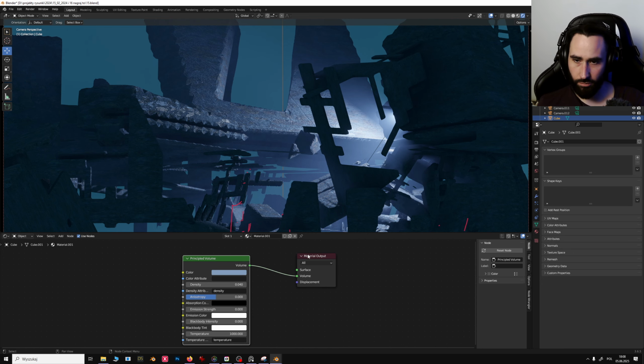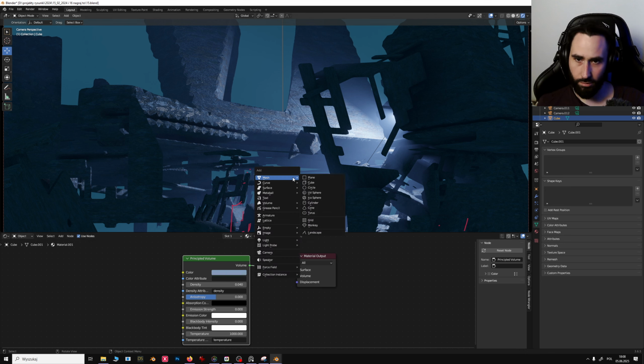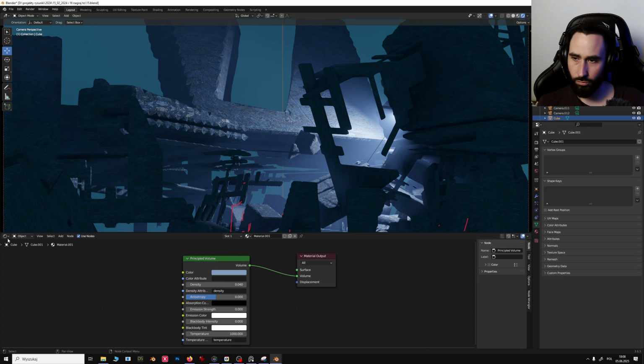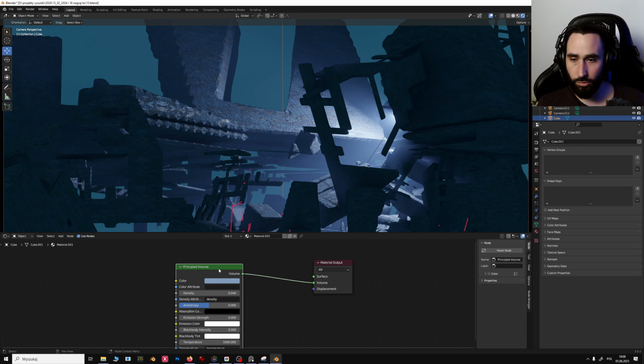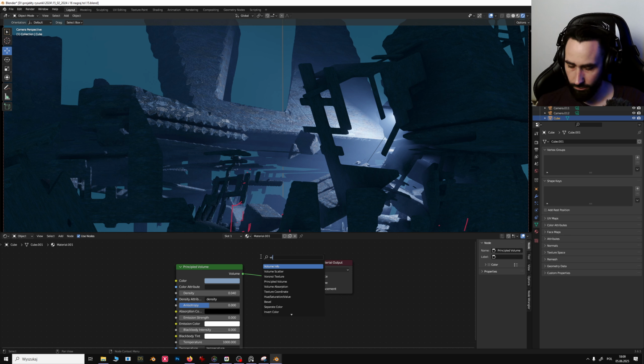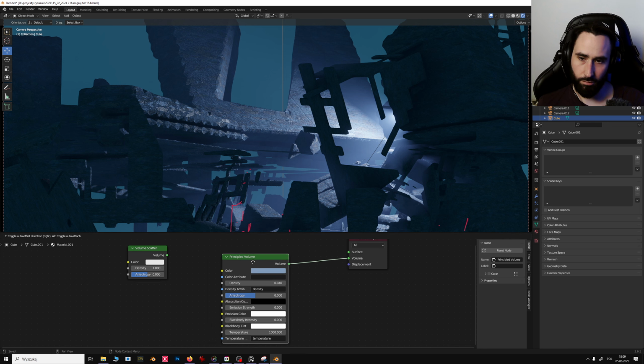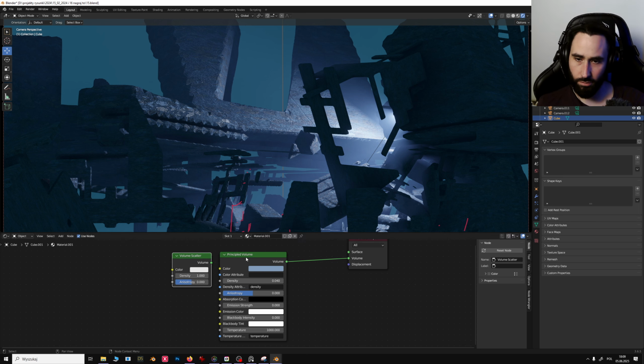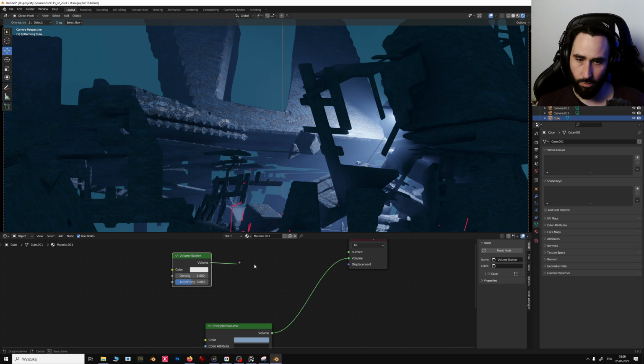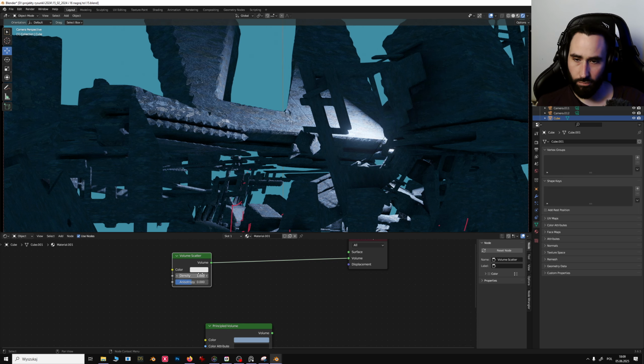Well, it's really simple. We create a cube in Blender, so mesh cube, and then we go to the shader editor. We delete everything except the material output, and then we create a principled volume, Shift A, volume scatter. Okay, so this is more advanced, but I use volume scatter more often. So here is volume scatter,